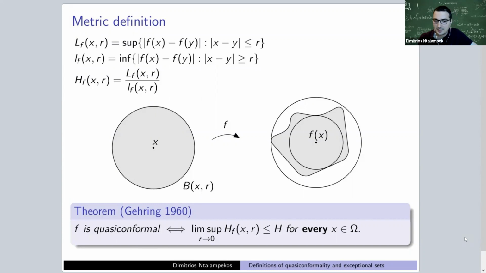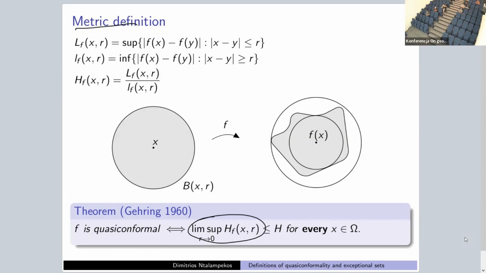I think one should first answer these questions for the classical metric definition before going to the generalized ones. So maybe if this lim sup is 1, maybe you get differentiability at that point. I'm not sure. This would be just a potential result, but I have not thought of the problem. Okay, yeah. Thank you.